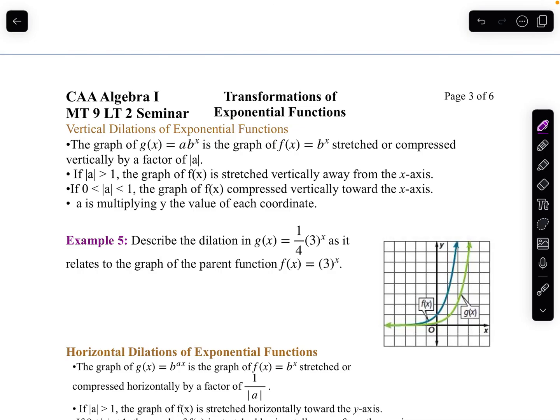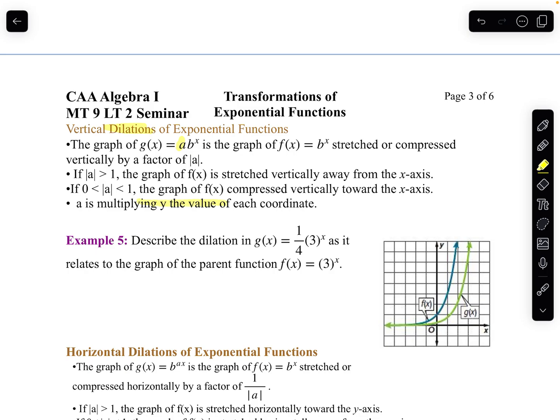In our next two transformations, we're going to be looking at stretches and compressions. We're going to start with dilations. If I multiply my function by some value, it's going to stretch it vertically. So if I have my number in front of my exponential power, I'm going to multiply each y value by